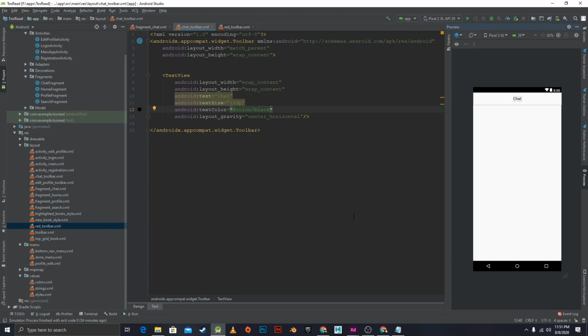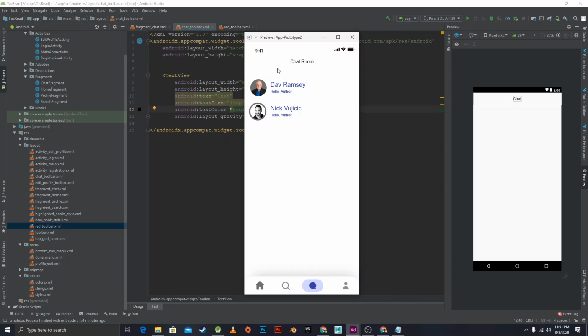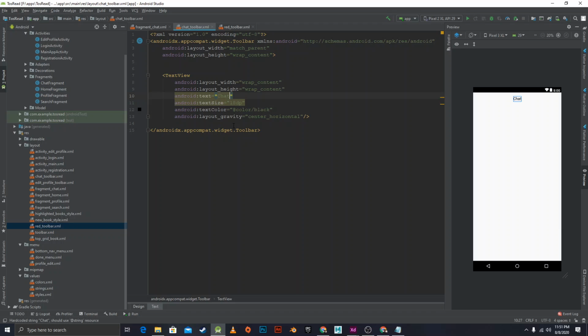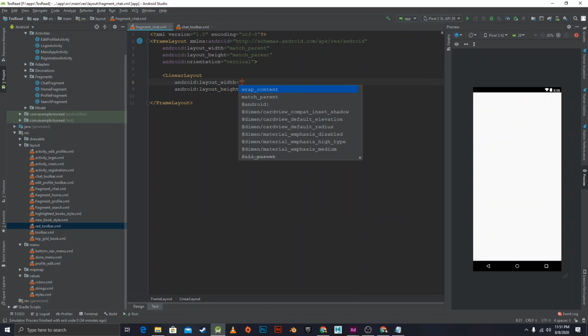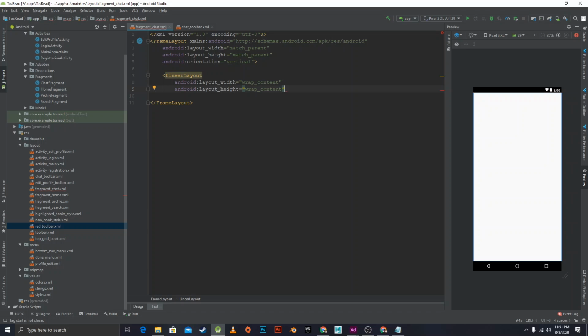Make that black right there. That should be true. Oh no, it says chat room. There we go, perfect. So we can close this, and then we can now get this guy. So we can now call a linear layout to width match parent, and close this in. Enter. Forgot to set the orientation. So orientation would be vertical, and in here we can include our